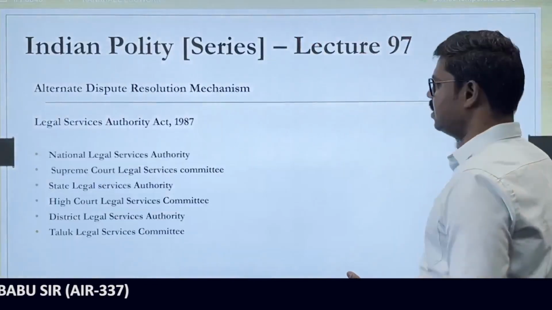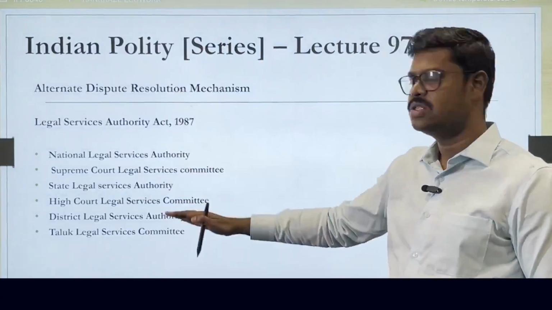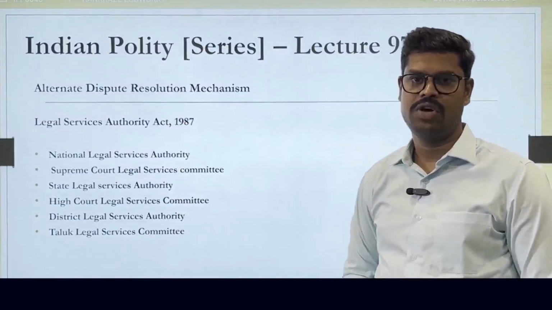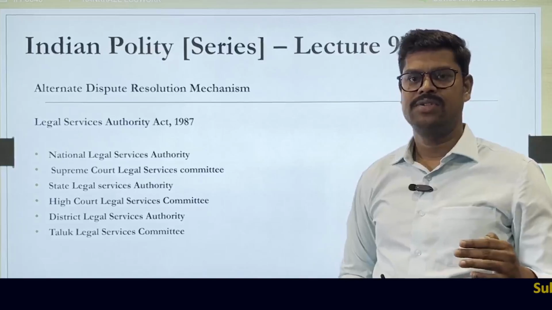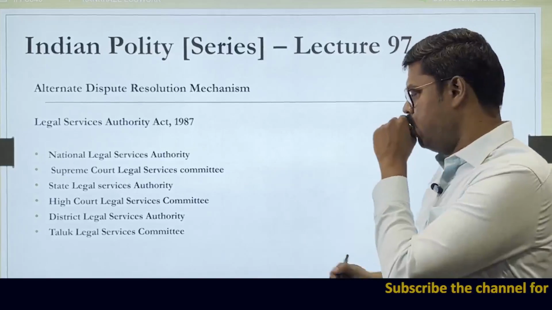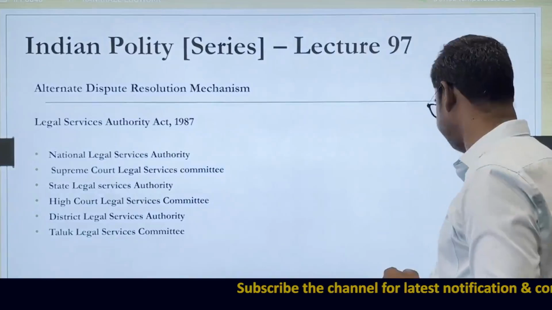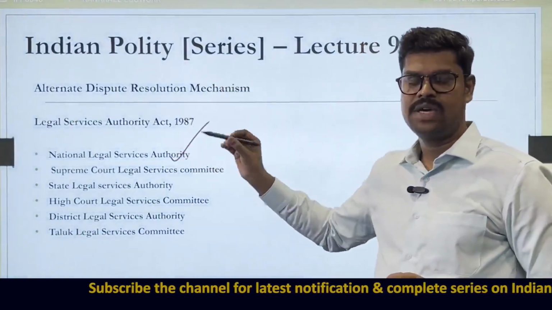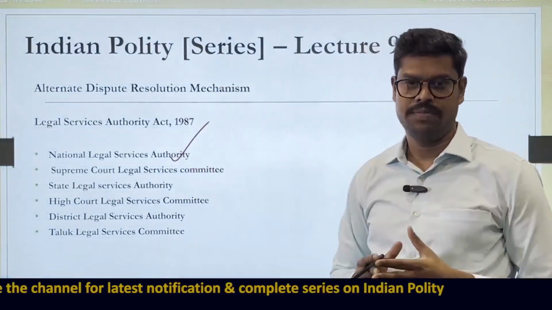For which, you can understand, there is a list of, I would say, hierarchical associations or organizations, which are to be established under the Legal Services Authority Act. There are different nodal level agencies under the Legal Services Authority Act who will implement the objectives of this act. At the apex level, we have the National Legal Services Authority. This is a national level authority established under the Legal Services Act, which will oversee that the objectives of this act get implemented throughout the country.